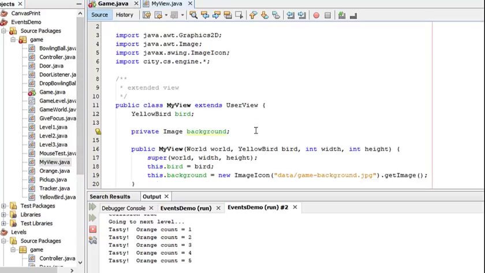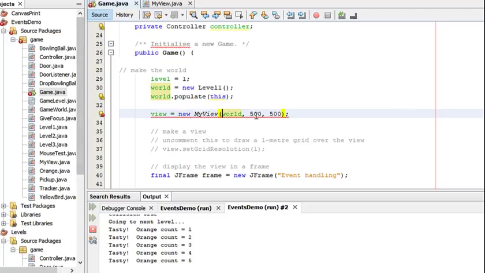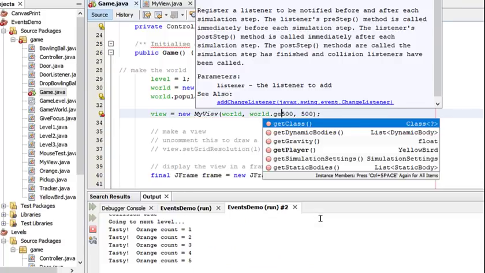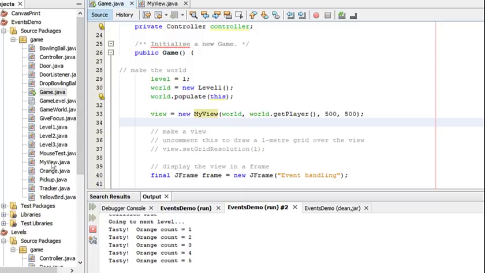If I go in MyView, I will see that the constructor of MyView is a world, a yellow bird, and width and height. So I have a world, but I don't have a yellow bird. The yellow bird in this case is world.getPlayer. If I go into MyView,